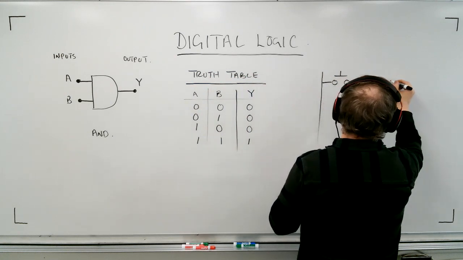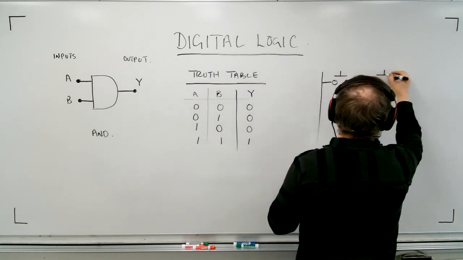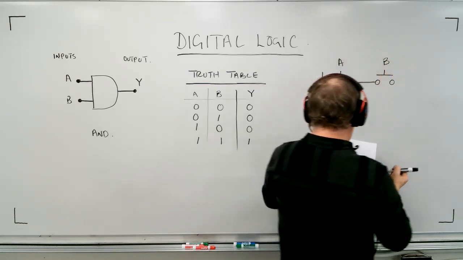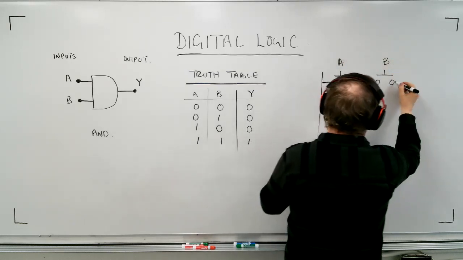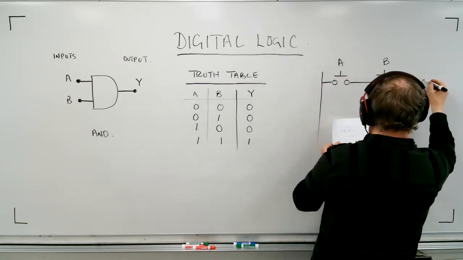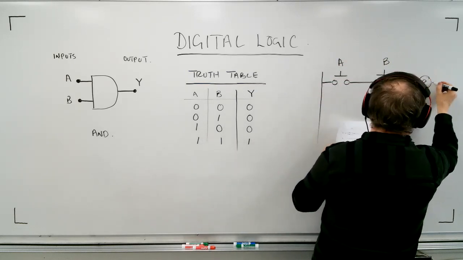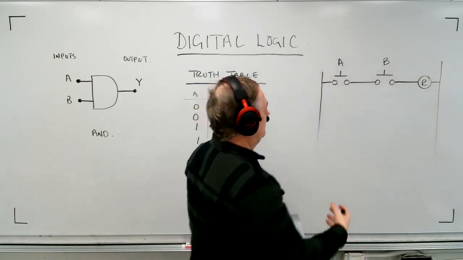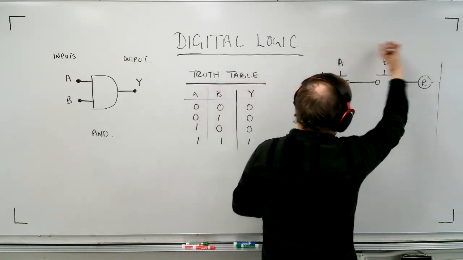This would be button A, and this would be button B. And these are push buttons. They're placed in series with each other. This goes to a relay. And there's my neutral. Now, in terms of ladder logic, we would be looking at probably 120 volt control power